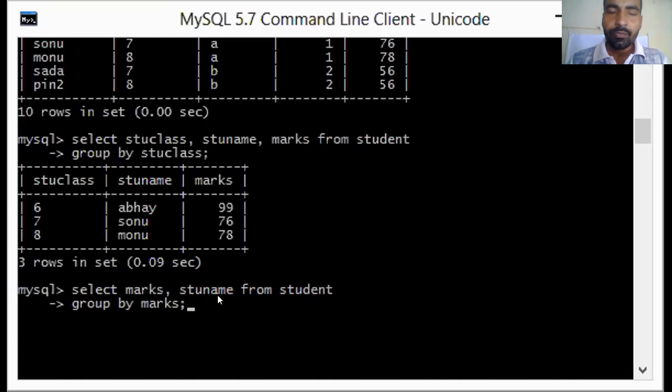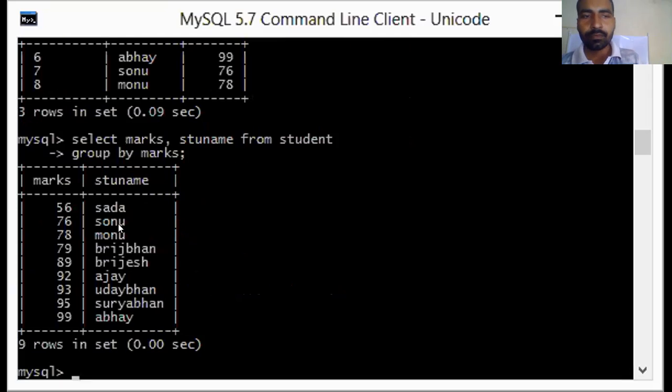Kindly keep quiet. So just write semicolon and press enter key. Now what will you see? You will see all the columns, all the records. See, all the records have been displayed. No groups created. Why? Can you tell me? Because they are not repeated. Yeah, this column doesn't have the matching value.